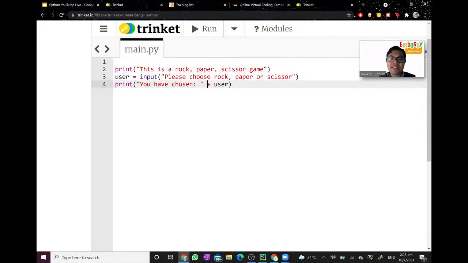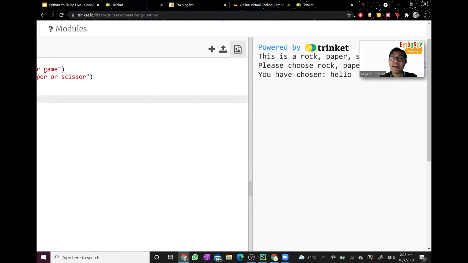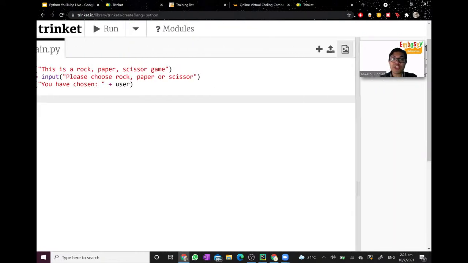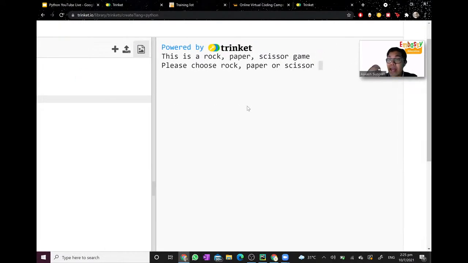Now, let's go to the next line. Now that we have found the way to select or choose an option, which is rock, paper, scissors, remember, I put rock here. Now the computer will register my choice as rock. Let us find a way to program the computer to choose an option, shall we?